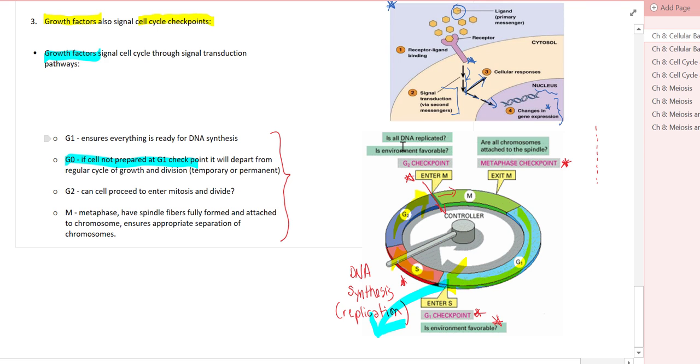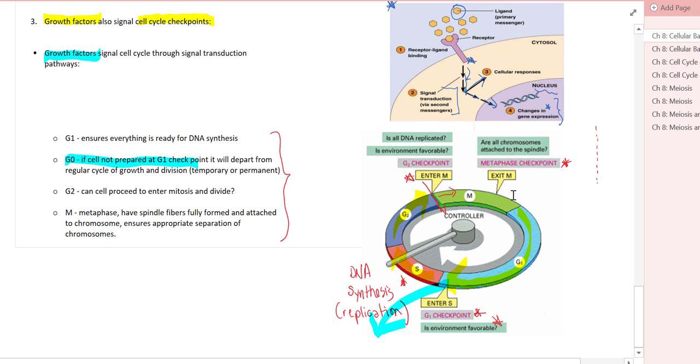the cell goes through growth, manufacturing proteins, making more organelles, carrying out the functions of what that cell is designed to do. At some point in time, that cell goes through DNA replication during S phase, re-enters another period of growth and function in preparation for mitosis and cell division. And once that mitosis and cell division is carried out, the cell enters back into this normal period of interphase where growth, manufacturing of organelles, proteins, carrying out its functions, etc. And this is just a regular pattern in the cell cycle.